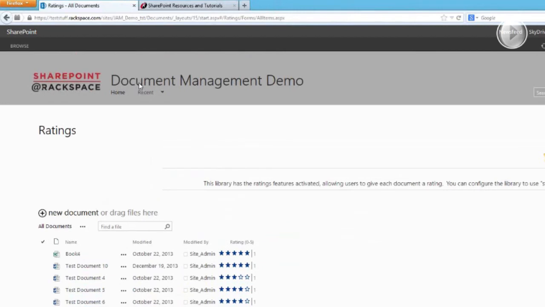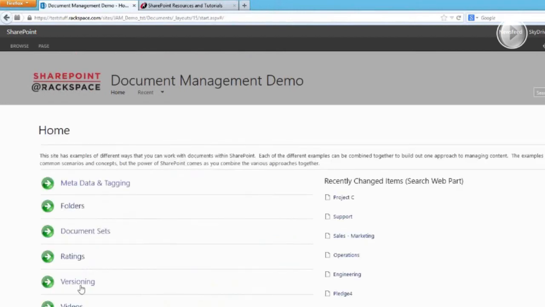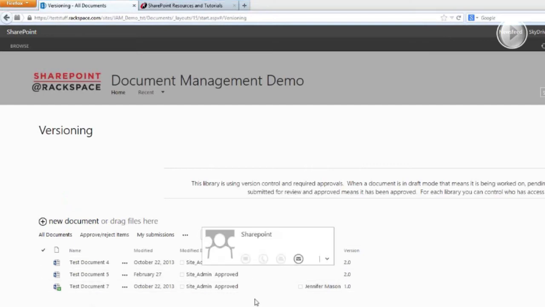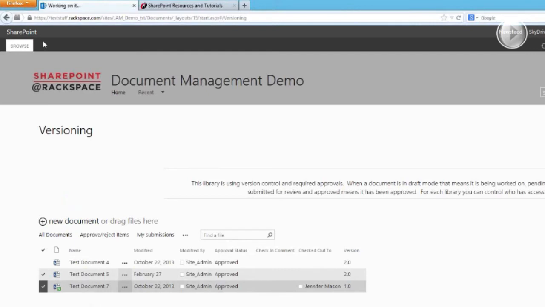Okay. The next piece that we are going to look at is versioning. This goes back several versions inside of SharePoint, where you can go in and set up versions inside of a document library. The concept behind this is that you are working on a document. You want to be able to start working on the document, save it as a draft, and then when you're done, submit it for approval for someone. So if we go in and look at the library settings,